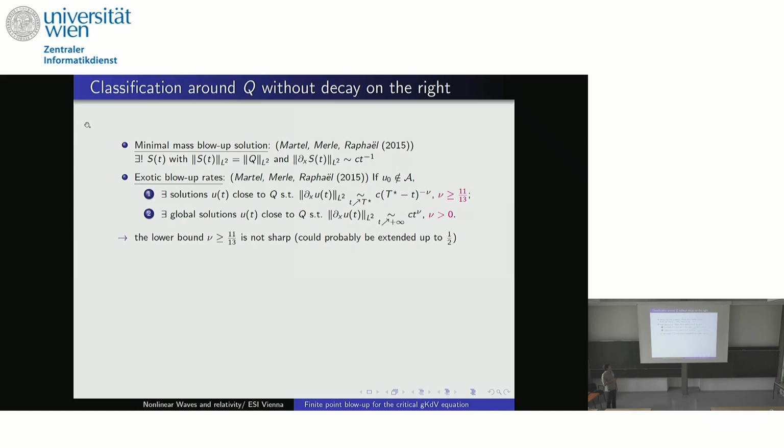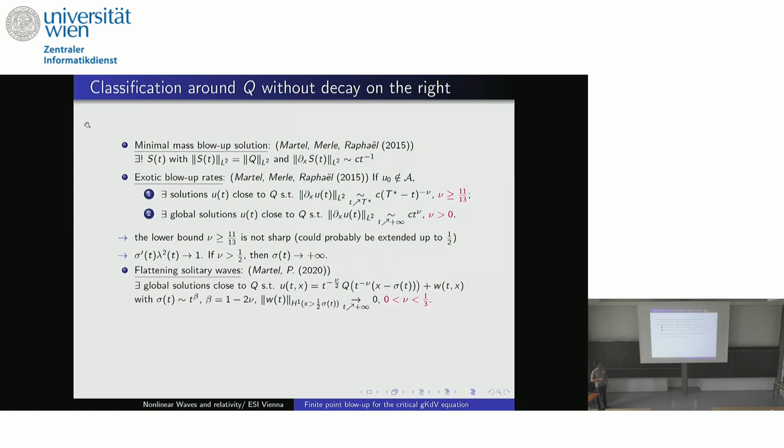Yeah, so as I was saying, the lower bound is not sharp, and we think it could be extended to 1/2. We think this is purely technical. But there is something interesting regarding this 1/2. You remember this identity here? When you take nu equal to 1/2, this is exactly the threshold which will give you that the blow-up point is going to infinity. So somehow the bubble is focusing the solitary wave, but it's going very fast to infinity at the blow-up rate. Okay.